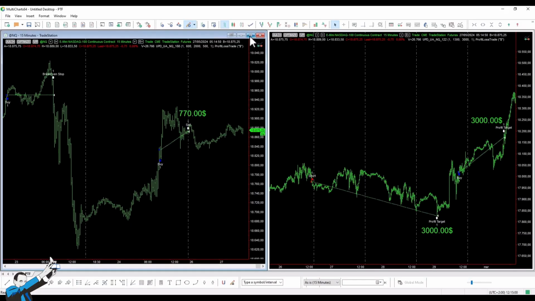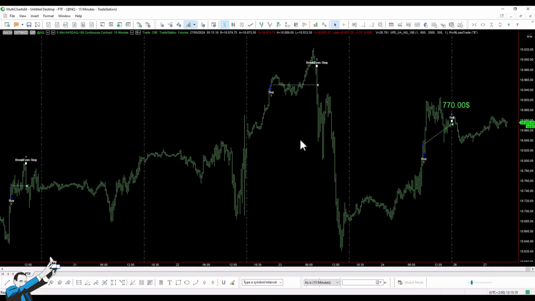I'm one of the coaches at Unger Academy, and let's jump into the first of the two strategies we're going to see today. This is an intraday strategy, meaning we'll be in the market only until the session ends, just like in this example. For entry rules, we calculate a 200-period average true range and then add and subtract it from the opening price to find trigger levels. For exits, besides being an intraday strategy, we have a stop loss of $600 and a take profit of $2,000 and, as shown in this trade, a break-even stop. Simply put, if the price crosses a certain threshold, we move the stop loss to the entry price.